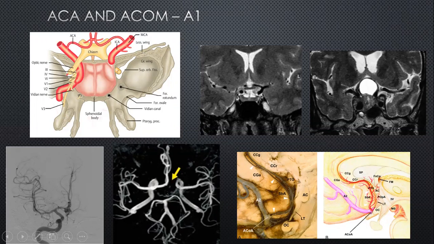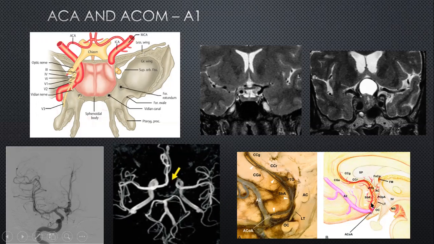As I said earlier, the ACA is very variable, probably one of the commonest variations that we see. For example, in this patient, this is the left internal carotid artery, and you can see how the left ICA is predominantly supplying the left MCA. The left A1 is hypoplastic, and hence the right ICA, which not only supplies the right MCA territory and the right ACA territory, also supplies the left ACA territory. So the right A1 supplies both A2 segments.